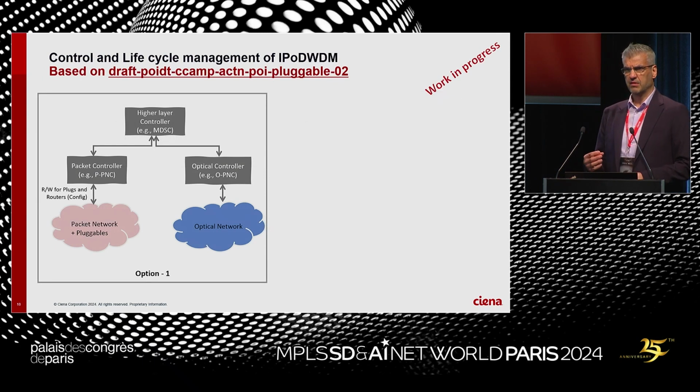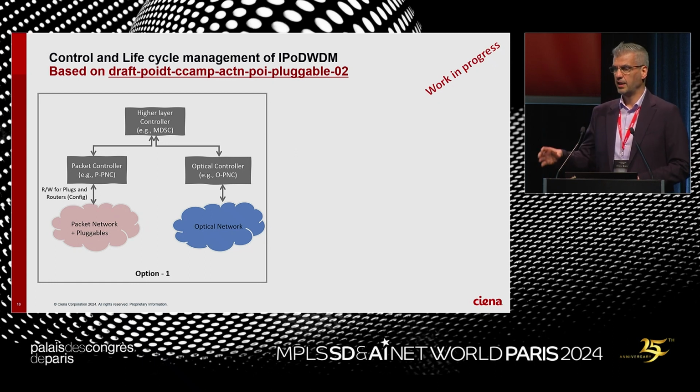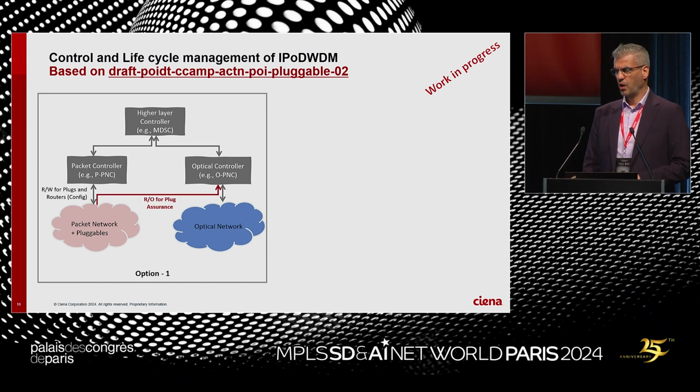So if somebody asked me about the controller, again, you see the flavor of this picture today as well. From the controller perspective, the acronyms that you see here, PNC and MDSC, are the acronyms that IETF ACTN uses for the controller and for the higher layer orchestration, just for completeness of the discussion. You will see here there's an IP network, photonic network, optical network. The first option that this draft describes is how I can put the characteristics of optical